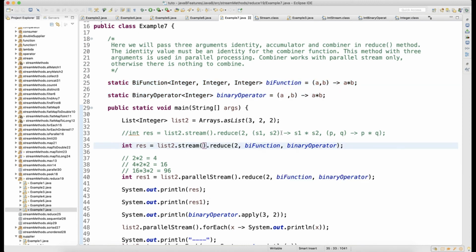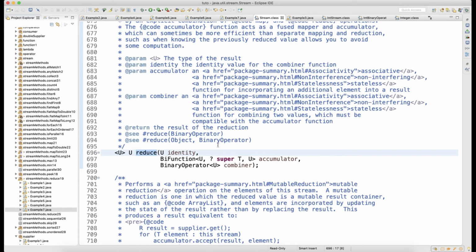You know how this works, guys? So if you look at here, this stream is a sequential stream. Okay, it's not a parallel stream. So how this works is, this is your beginning data 2, right? And what you are trying to do here, you are doing multiply, right? So basically when you use a sequential stream, this is of no use.